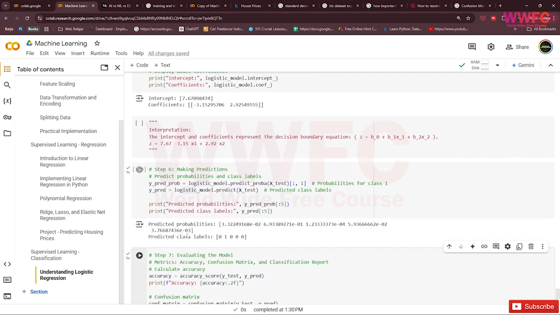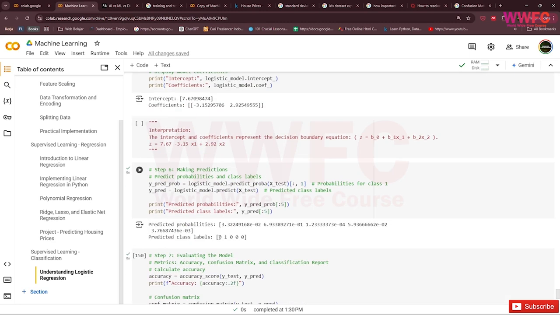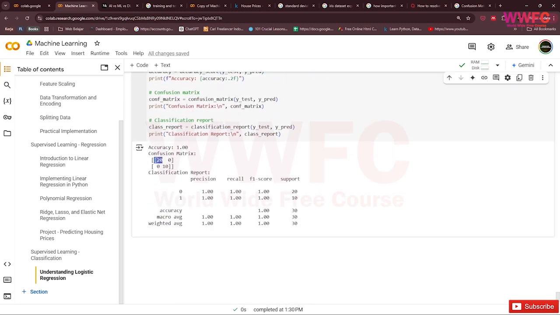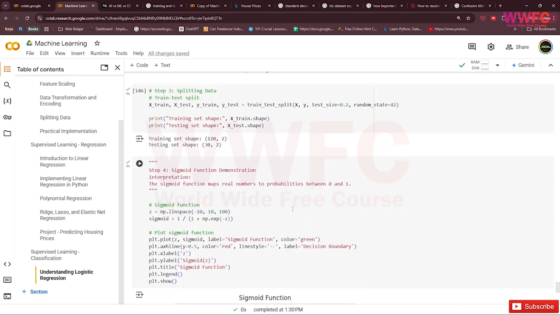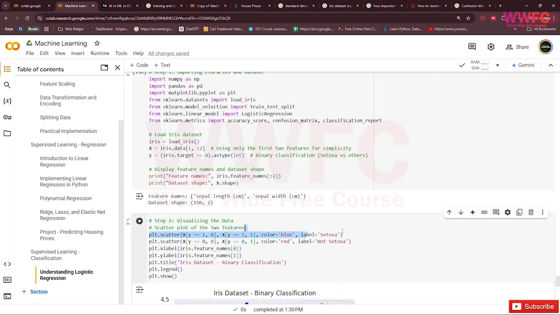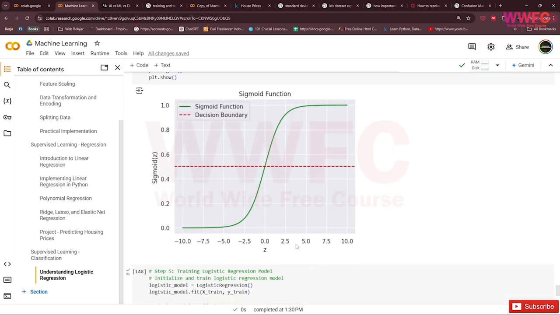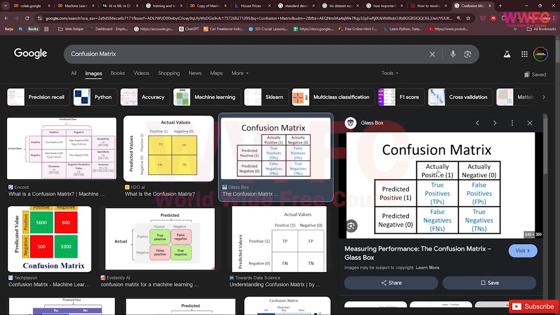So we have a testing set of 30, right? So in here the 20 is really setosa. We check in here. So we label setosa and not setosa. So the true label is setosa and the model predicts setosa. So the actual positive is 1, setosa, and the predicted value is also 1. So it's a true positive.